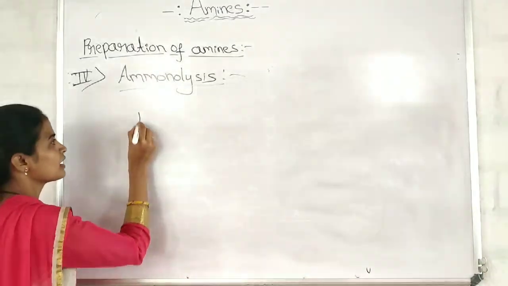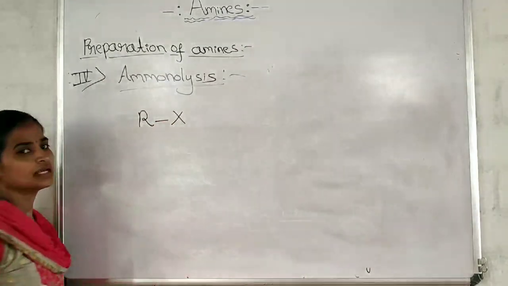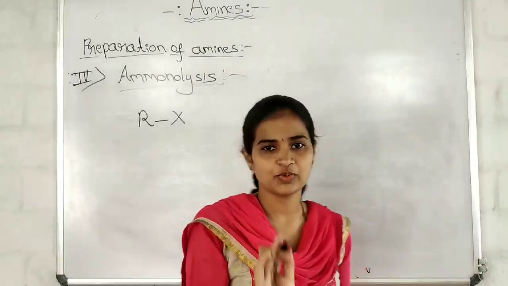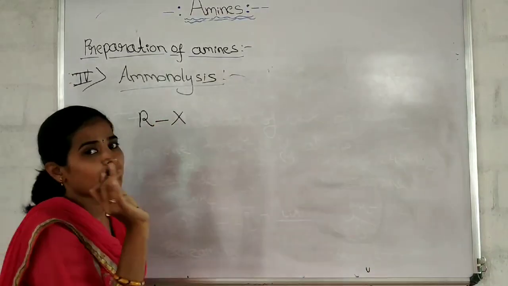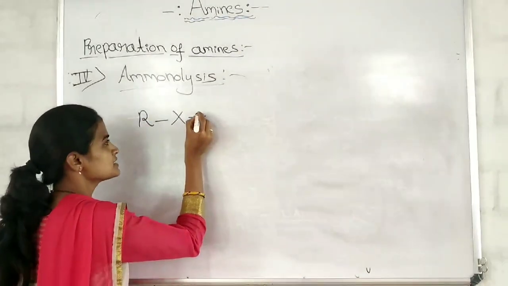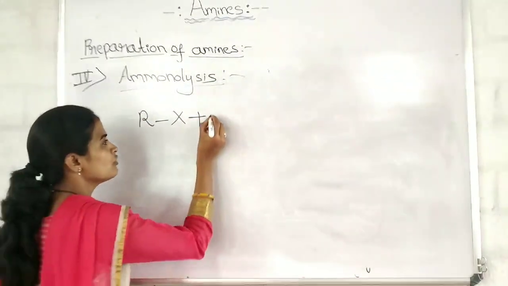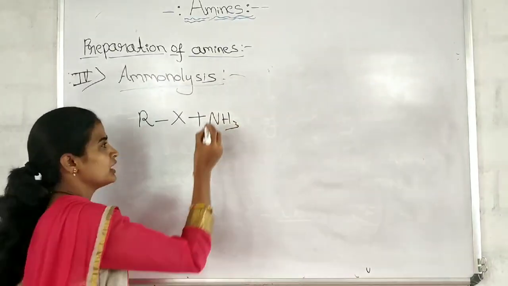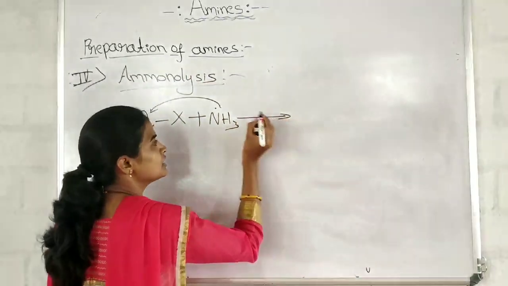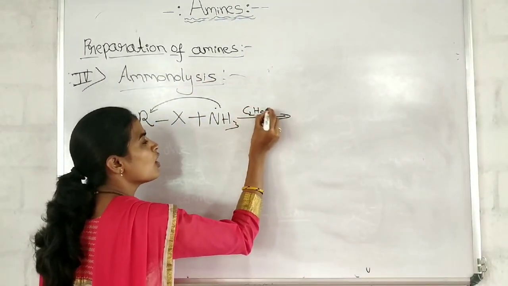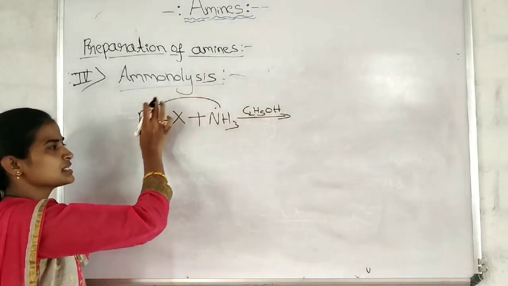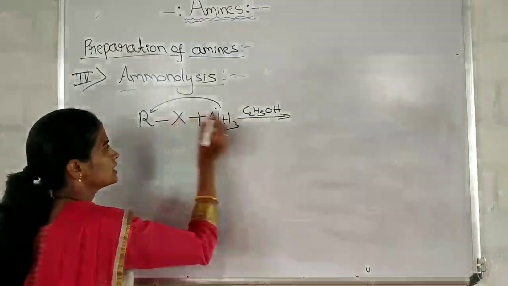So here, RX is the compound, where R may be any of the alkyl or aryl group. We have studied in the first PUC that carbon halogen bond can be easily broken by using a nucleophile. With this knowledge we are studying here. Okay, the nucleophile I am using here is ammonia. This nucleophile attacks here to break the bond, in the presence of what? Ethyl alcohol. Alcoholic ammonia is used as a nucleophile.